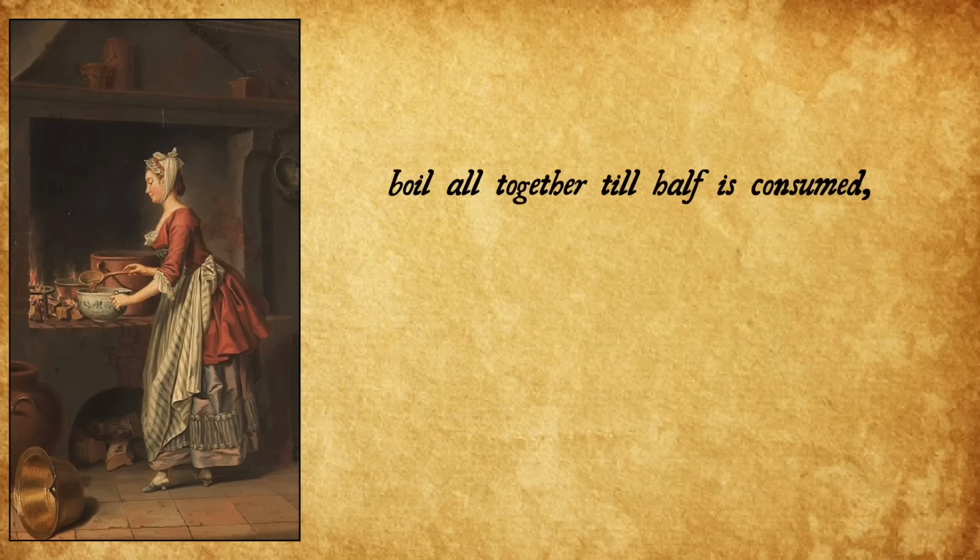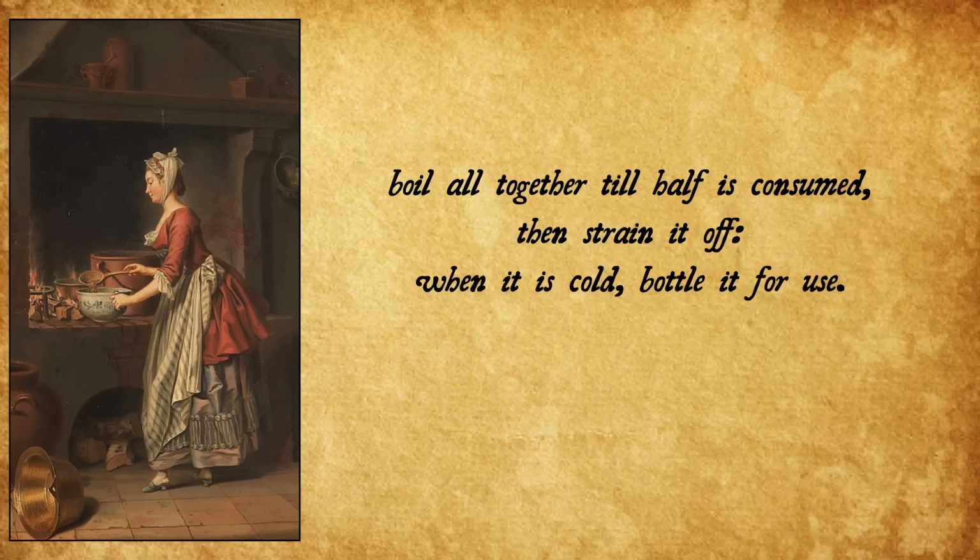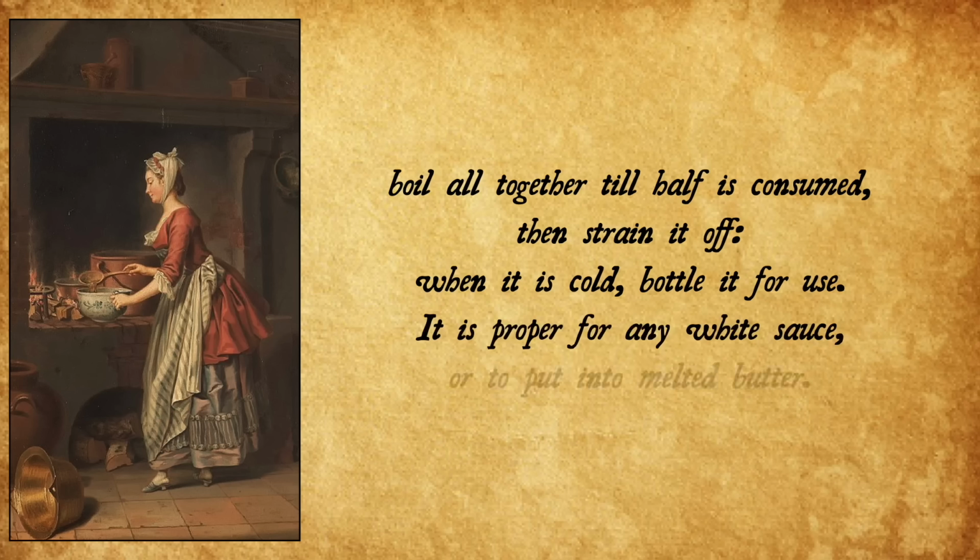Boil all together till half is consumed, then strain it off. When it is cold, bottle it for use. It is proper for any white sauce or to put into melted butter. A considerably well-written recipe considering it's from the 18th century, but it doesn't hold a candle to the very easy-to-follow